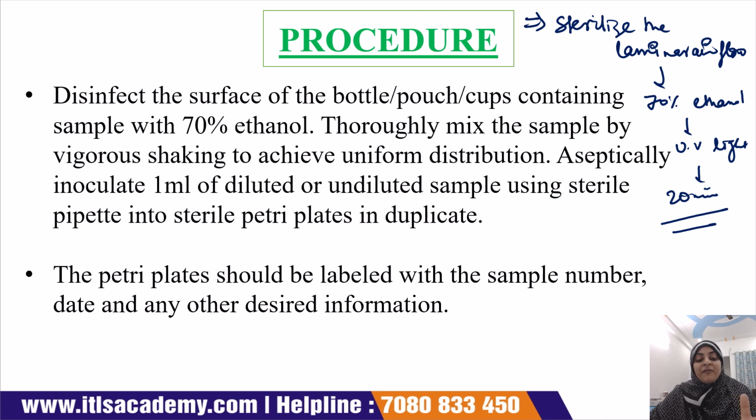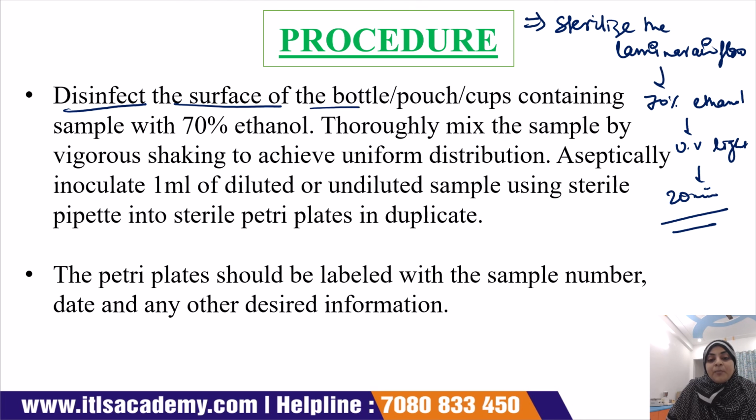After that, we perform our plating, that is, either we perform a pour plate method or we perform spreading. Okay, now what we have to do? We take a petri plate, in a petri plate we add our sample. Then after addition of the sample, we add our media and we leave it for solidification. When it is solidified, we put it into an incubator in an inverted direction. Now see what is written here.